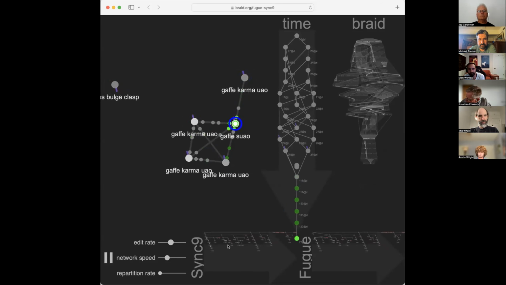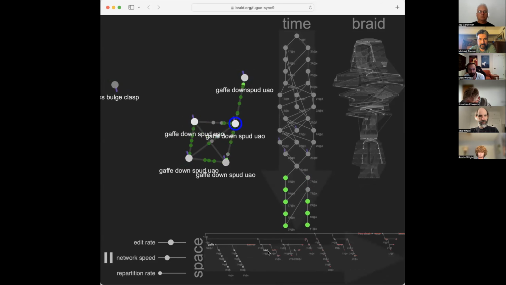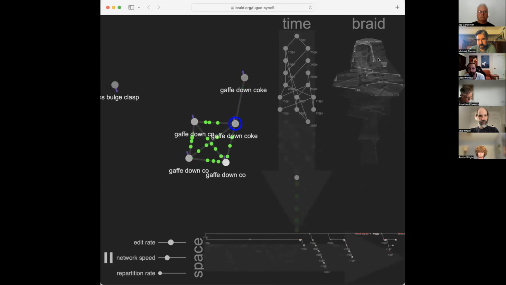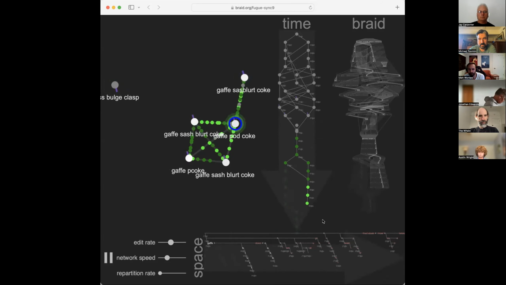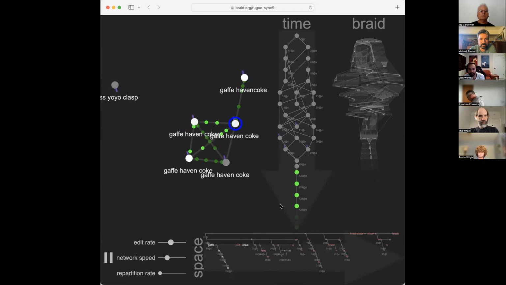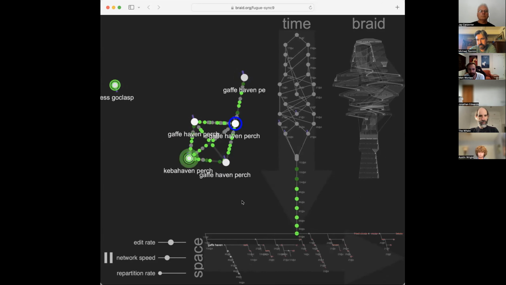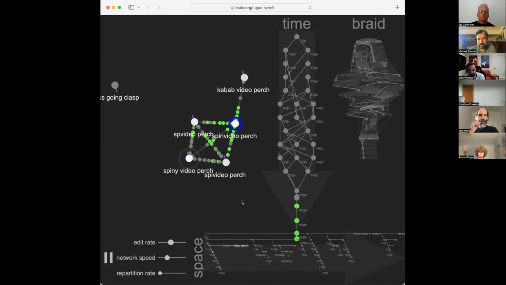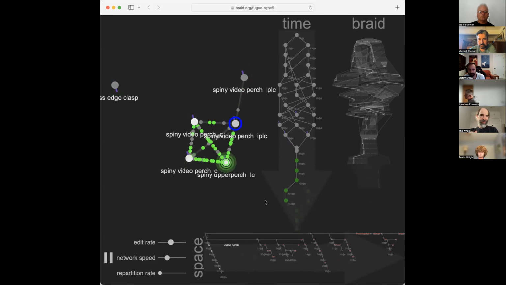Down here is Sync9 and range patches, which you're not going to have to care about. But on this part, as soon as a version here turns gray, it'll tell you that everybody has seen it. So it'll tell you when something's turned gray.